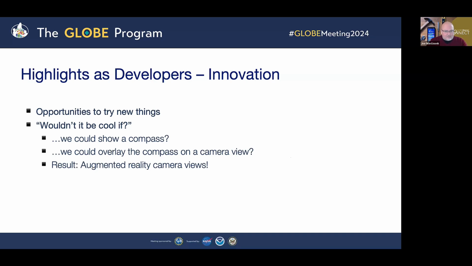And so as soon as we hear that, we get down to coding, and we try to figure, okay, what would that look like? And once we're able to solve that, that leads to another. Wouldn't it be cool if we could overlay that compass on the camera view? And all these things feed off of each other, and it just makes for a really creative and innovative environment. And all those "wouldn't it be cool" lifts led to the augmented reality camera views that you see in the app. So, it starts with, oh, let's line up the dots for clouds, but for land cover it's a little different. So let's line that up